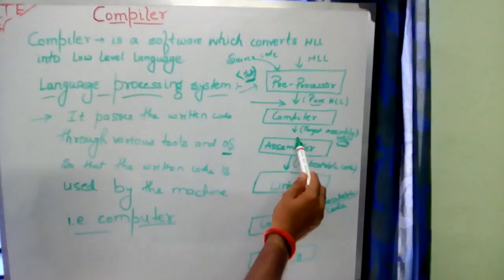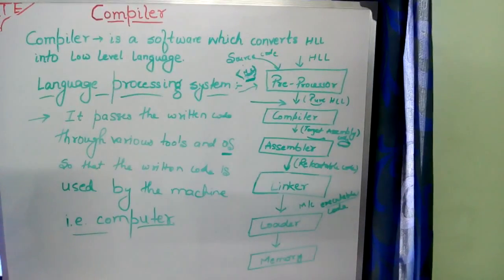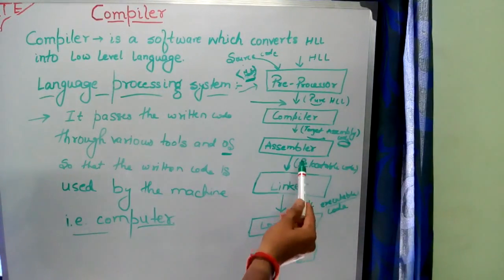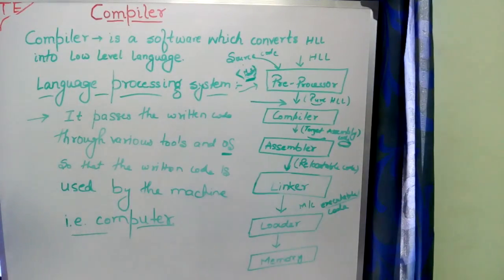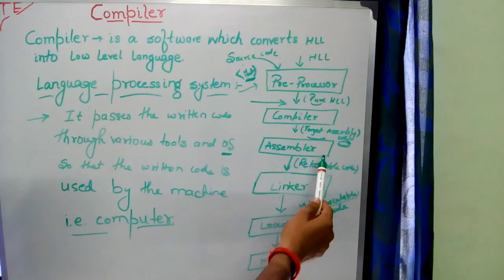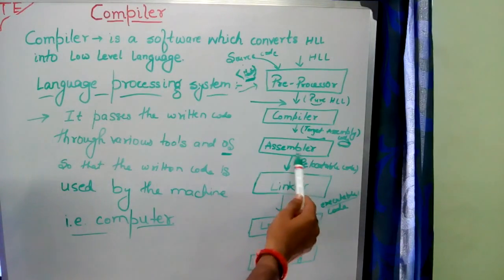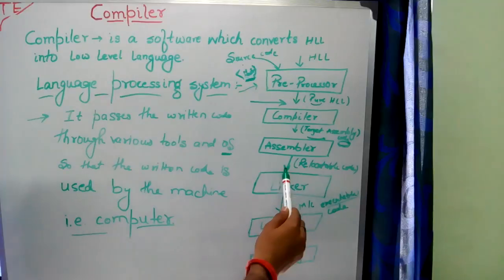Assembly language, we can call it a middle level language, which hardware can understand. This is picked up, and the assembly level language is processed by the assembler, and this will be converted to a